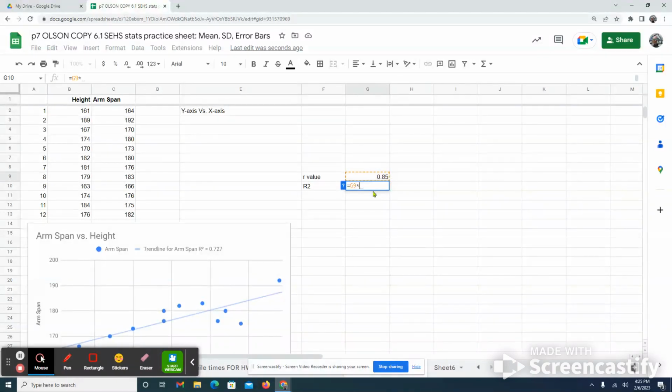I'm going to enter an asterisk, that's for multiplication, times this value, and I can enter that equation, and I'm going to get 0.727. You can see that's the same as the one that automatically calculated for me. So I'm checking my work, that looks good. I'm going to arrow that down to 2 decimal places. So now on this tab, I've got my,